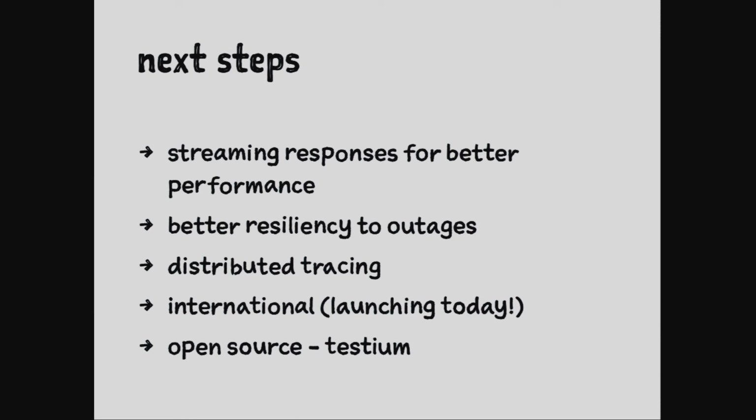And then, just to make sure that we don't end up doing something like what I just accused Twitter of doing, we want to open source this stuff, but we want to make sure that we open source stuff that's meaningful. The first thing that came out, and I think it's gotten a lot of traction so far, is Testium, which is basically a Mocha-based testing framework that uses Selenium WebDriver, but it does it in a synchronous fashion in Node. The guy who wrote it, Sean Massa, who's on my team,